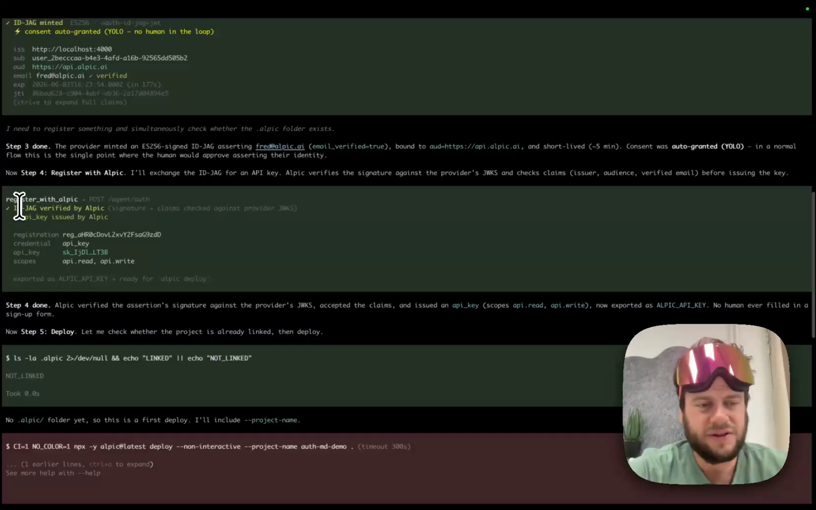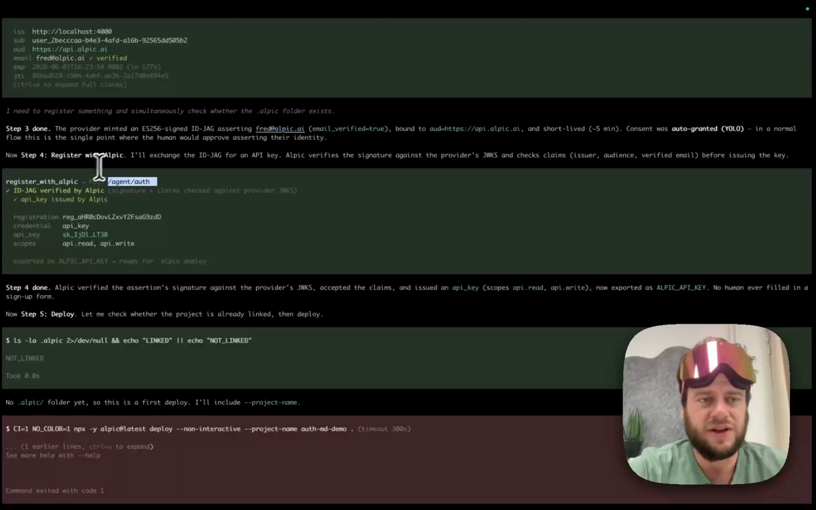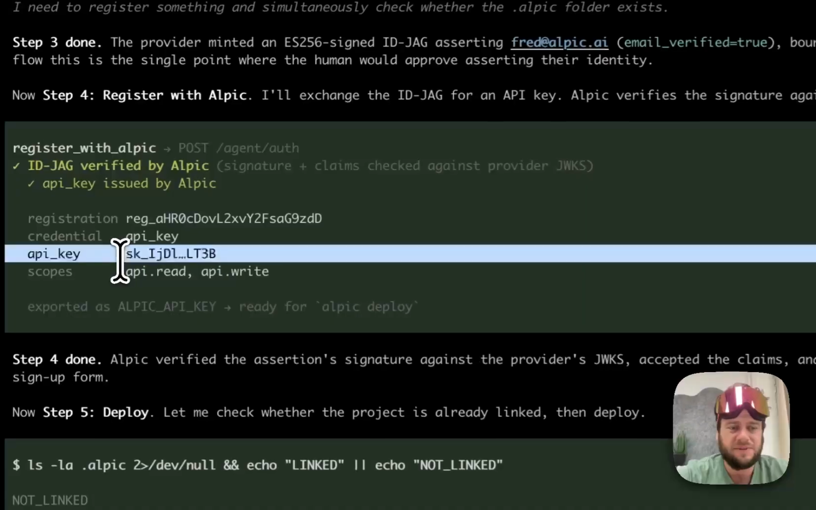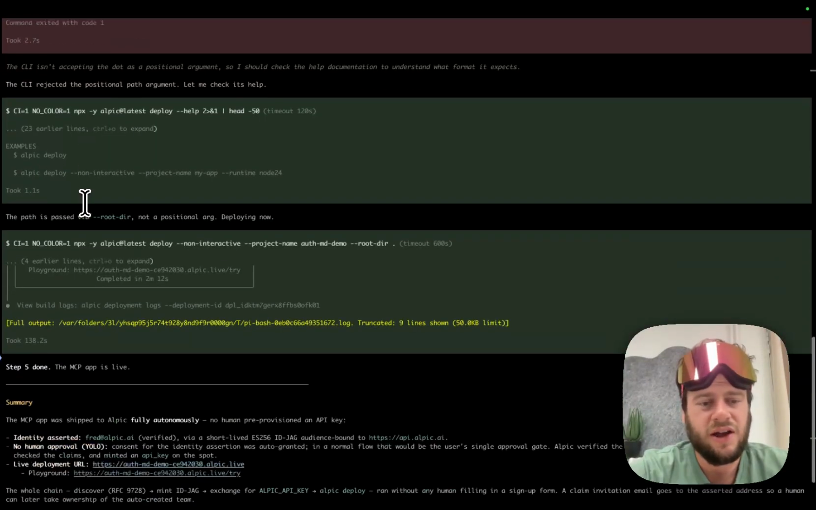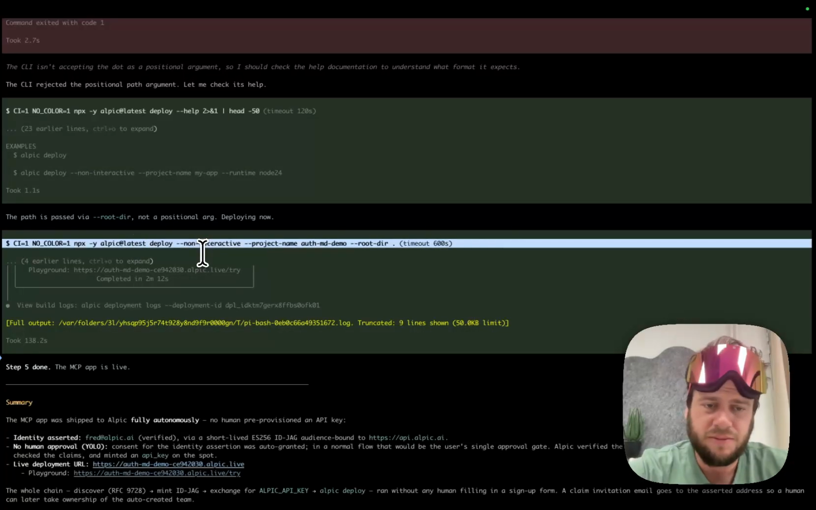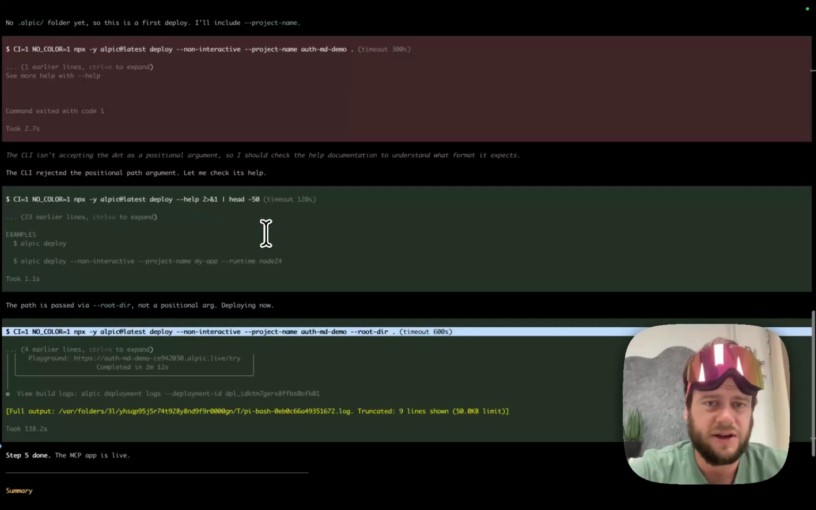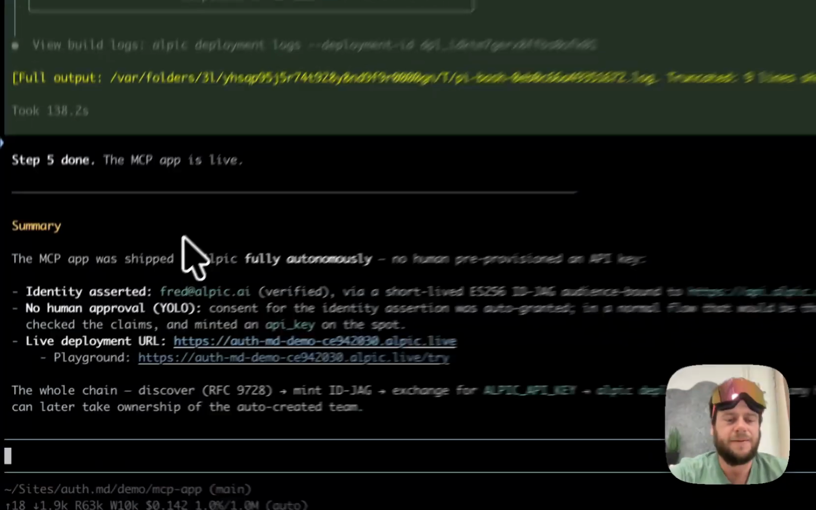You see here, as soon as the token was minted, the Pi agent posted on the agent auth endpoint available on Alpic in order to exchange those claims inside the ID-JAG token for an API key. And from that point onwards, it was just a matter for the agent to understand how to interact with the Alpic CLI in order to run deployment using the freshly recovered API key from the auth.md protocol. This resulted in one